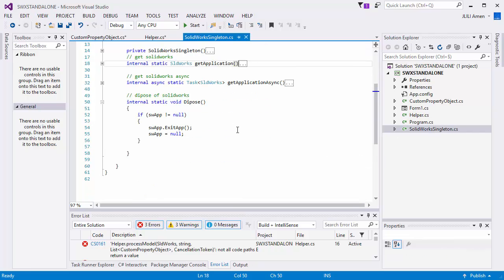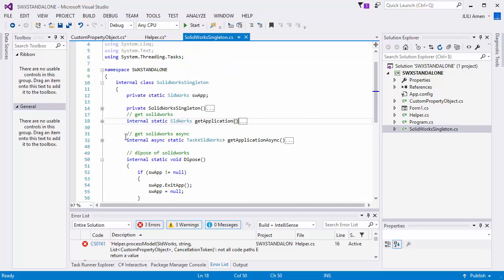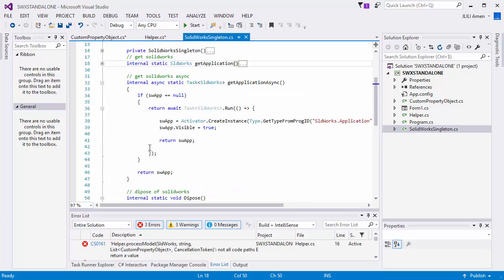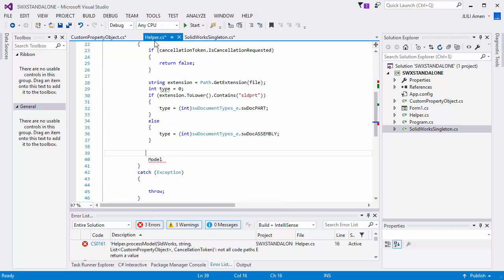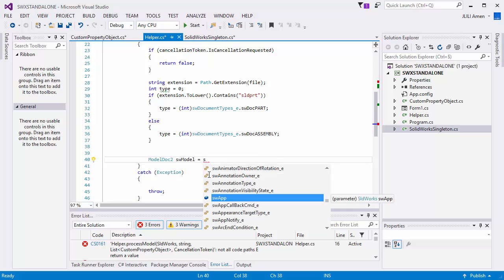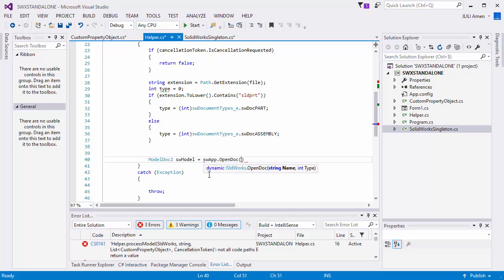And let's remove this because we don't need that. So as ModelDoc2, let's call this SW model, SW app OpenDoc6. Sorry, and this is going to take the file name, the type,